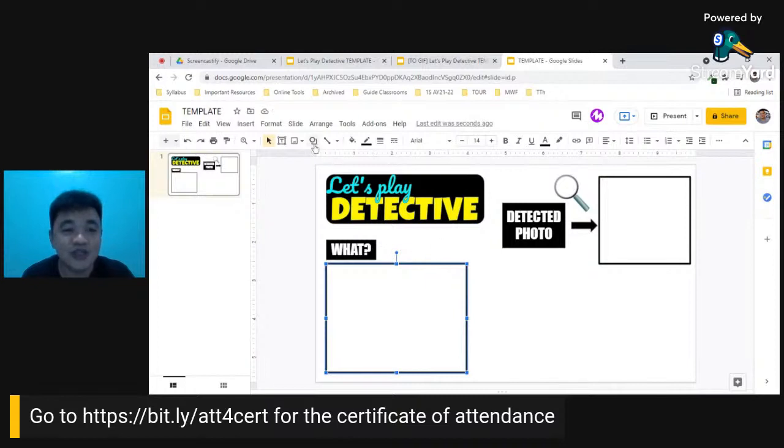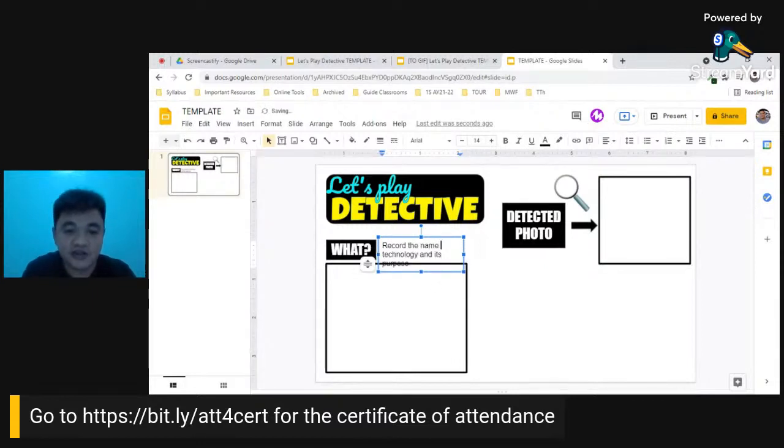instruction. So I am going to add a text box. So I'll just simply click that. And then here, I am going to draw a text box. And then let's say to our students that they have to record the, let's say, technology in the picture and its purpose. Okay? So that they are given an instruction that in this box they are to put the name of the technology and the purpose. Let us make it more specific. Record the name of the technology and its purpose. Something like that. So once you are done, you can proceed